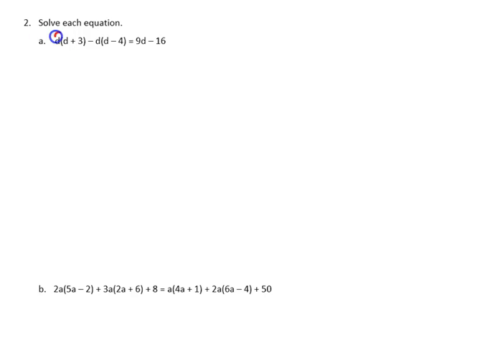So I have to multiply through by my D, right? I have to always get rid of the parentheses first. So D times D is D squared. D times 3 is 3D. Over here, this time I'm multiplying by a negative D. So negative D times D is negative D squared. Negative times a negative is going to be positive 4D. And then I just copy the rest down. 9D minus 16. Combine my like terms. So my D squared minus D squared, those are going to cancel out. I have 3D and 4D, which is 7D,